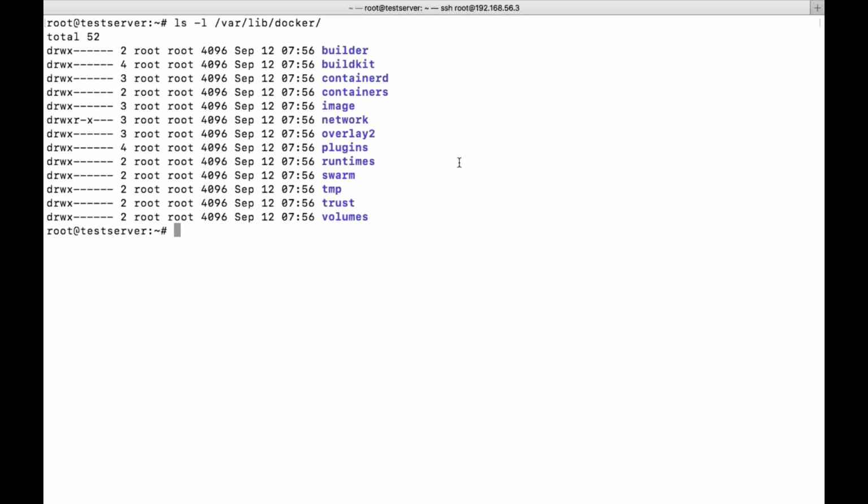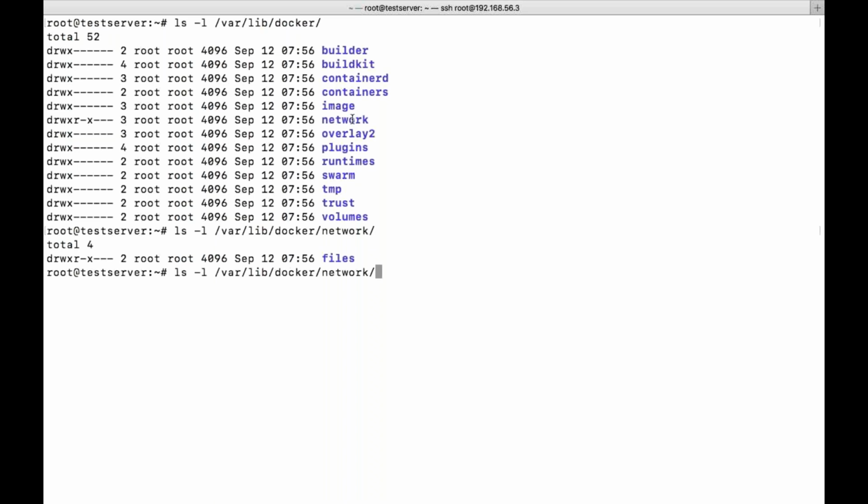Whenever I change something on the Docker network end, that information will be stored in this network directory. Containers will be shown in the form of files. This is a database, so here it will be storing these particular details. So remember, this is the home directory of your Docker.